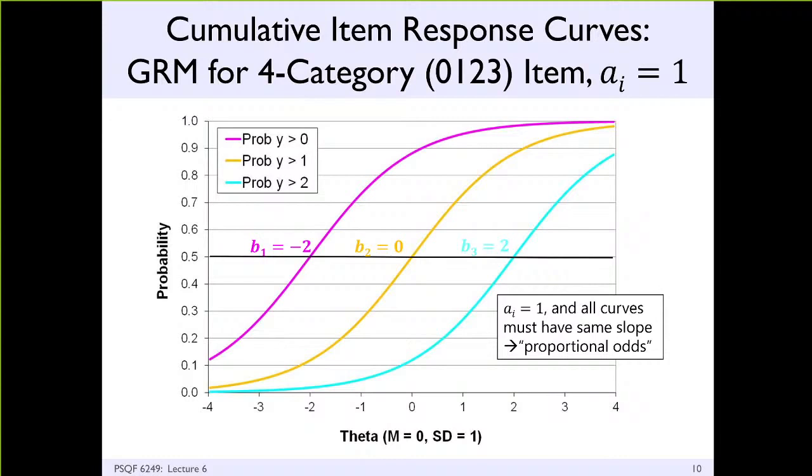And the last one is the trait needed to have a 50-50 probability of the green, where that means y greater than 2. And these slopes are parallel because each of the submodels shares the same A. So this is the prediction for one item with 3 submodels for its 4 categories. Each submodel gets its own B. They all share the same A. That's proportional odds. If I had an item that had